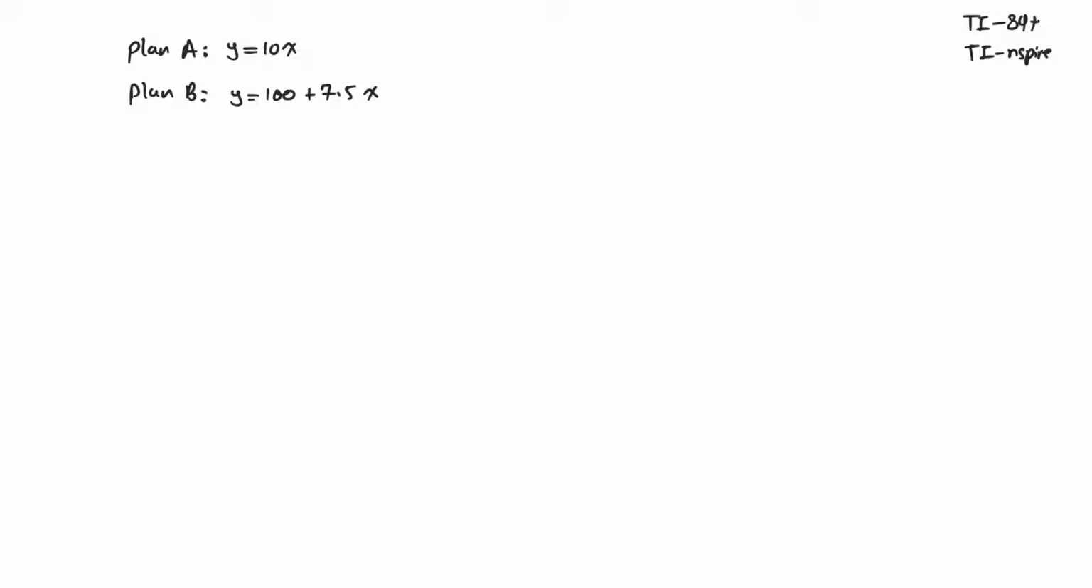So in this case, if you remember the example, y here is representing the total cost of all the rides, and x is the number of tickets that we're buying, and 10 is the price for each ticket in plan A. And for plan B, we're paying a $100 fee first, and then every ticket now costs $7.50, and y represents the total cost. So once we put this in our calculator and solve for the point of intersection, then to show our work,